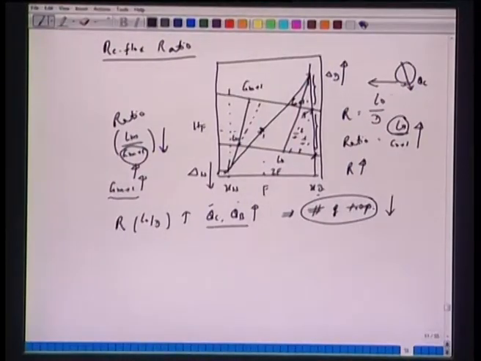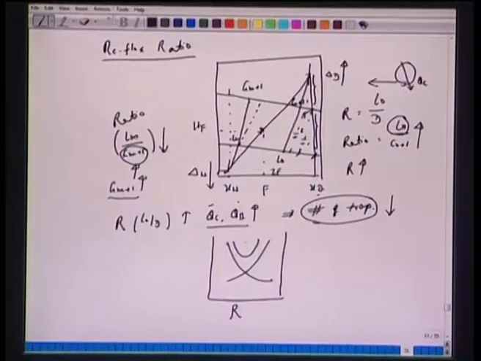Otherwise, also think from the mass transfer point of view, that if you increase the reflux ratio, the driving force between the vapor phase and the liquid phase increases and we have fewer trays. So, there is always a cost consideration here. If we plot reflux ratios, because of QC and QB, the cost will increase, but the number of trays, the fixed cost, will decrease, and there is some kind of optimum here.